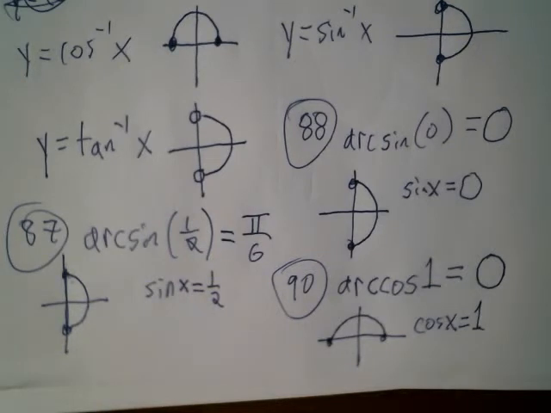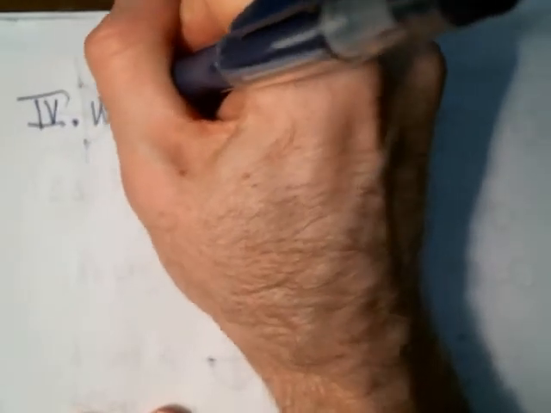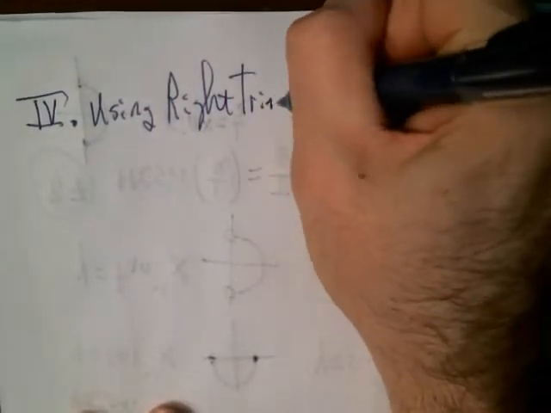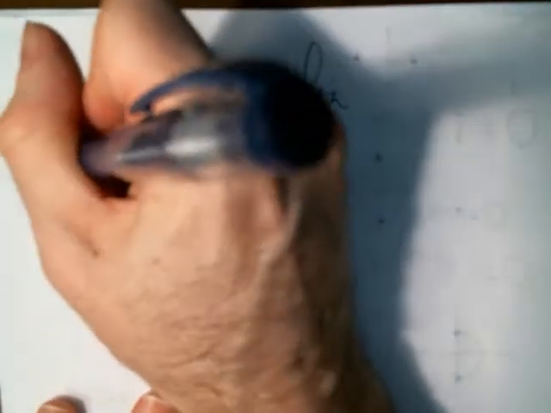Let's see. Using right triangles. So this is something that will come up later in Calc 2. So you probably have to review it again. Let's just take a look at it right now. Hopefully it'll be there for you later on. Using right triangles then. What are we dealing with? So let's look at 107,